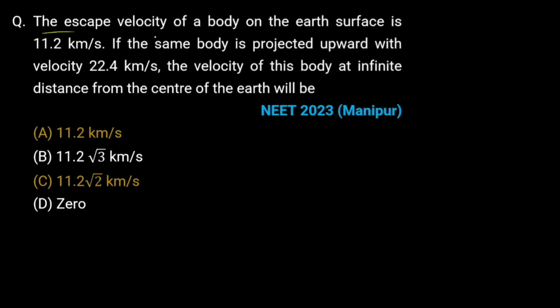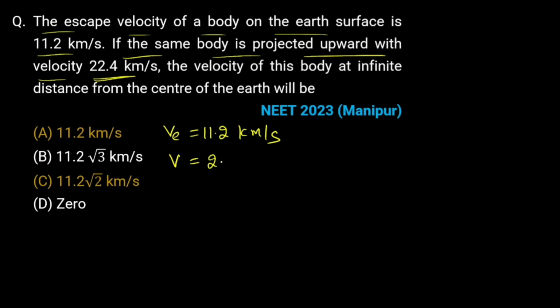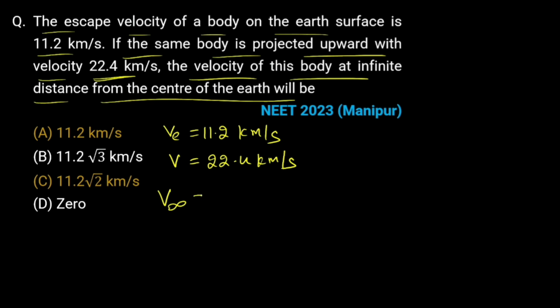Asking like this. The escape velocity of a body on the Earth's surface is 11.2 km per second. Escape velocity given 11.2 km per second. If the same body is projected upward with a velocity 22.4 km per second, the velocity of this body at infinite distance from the center of the Earth, how much is it? As you know,